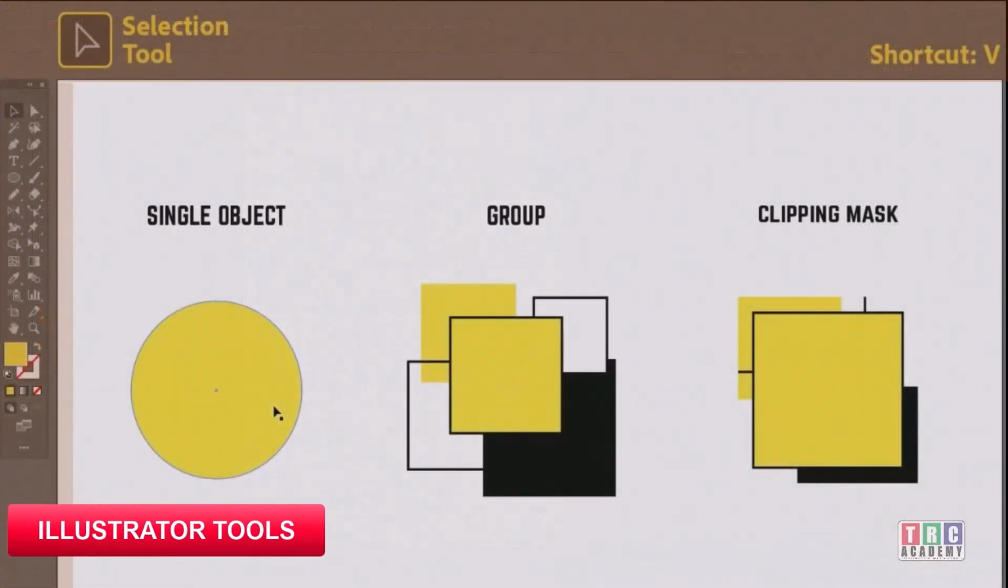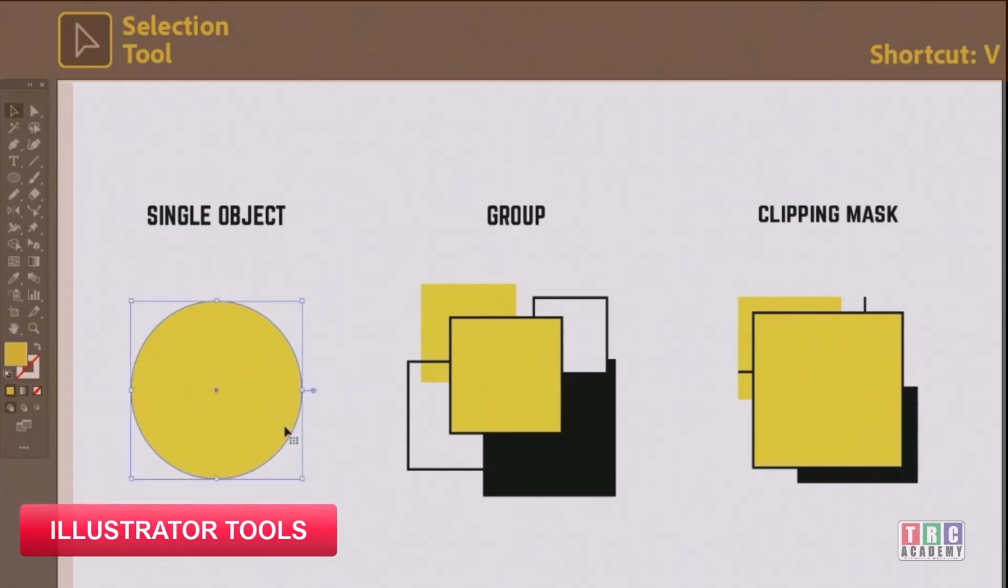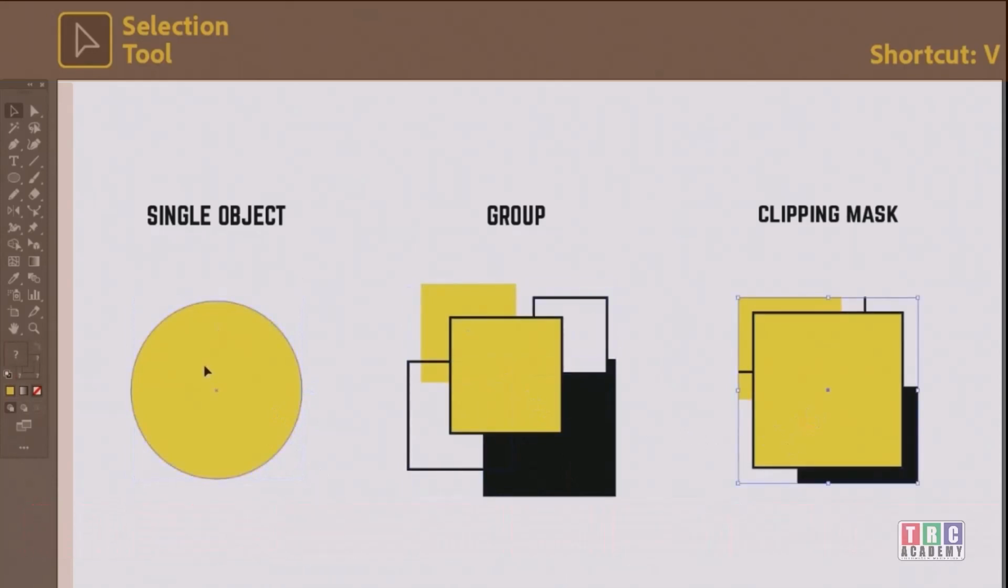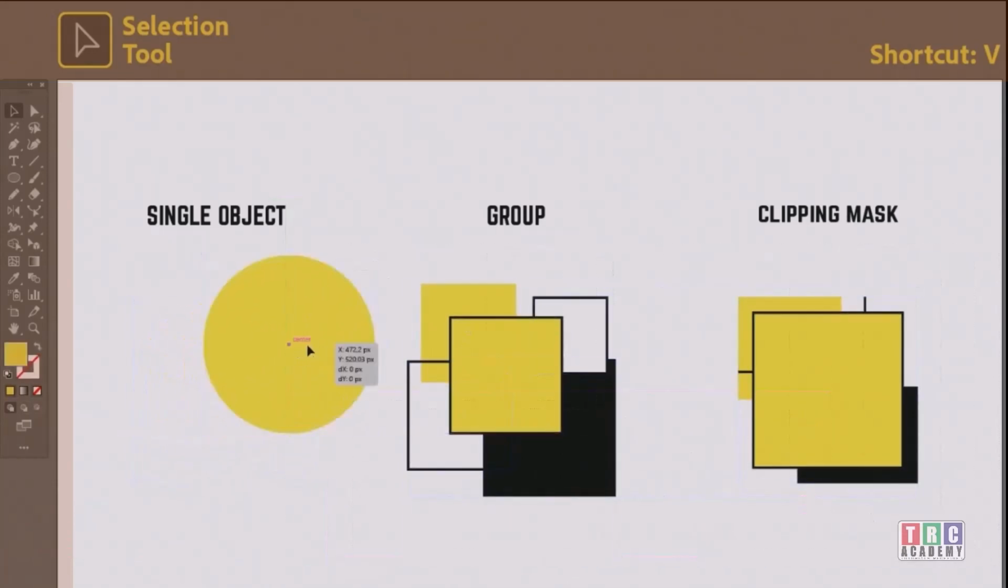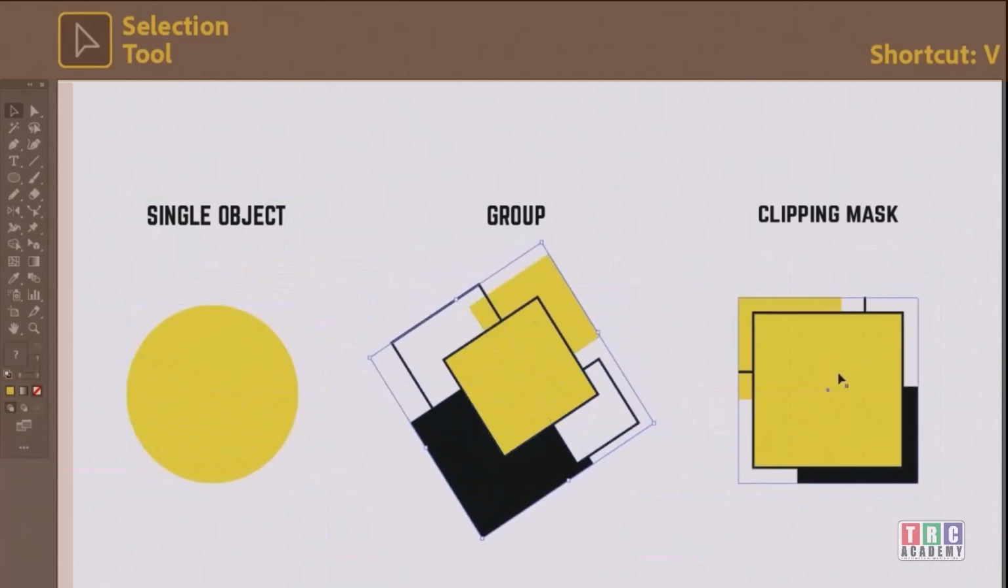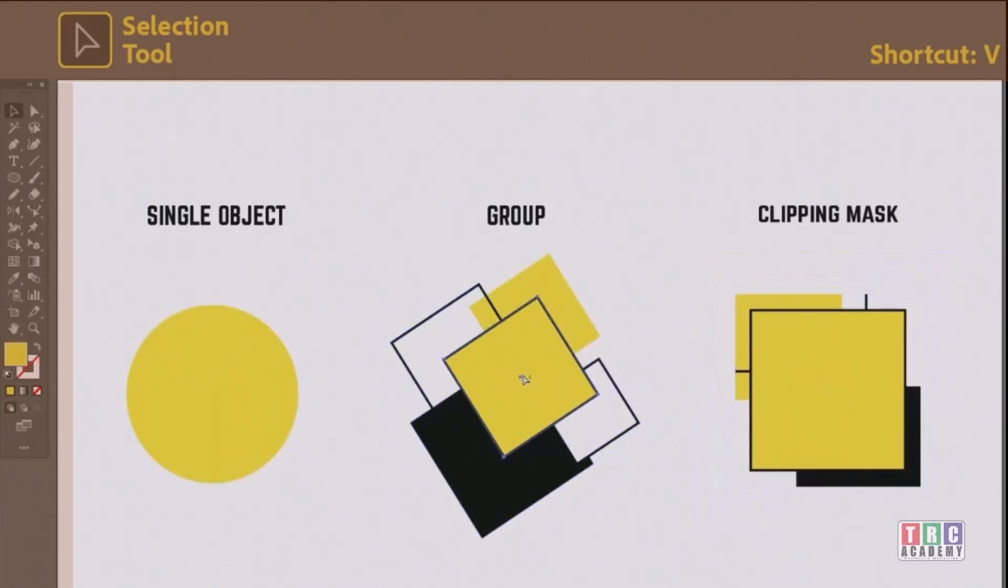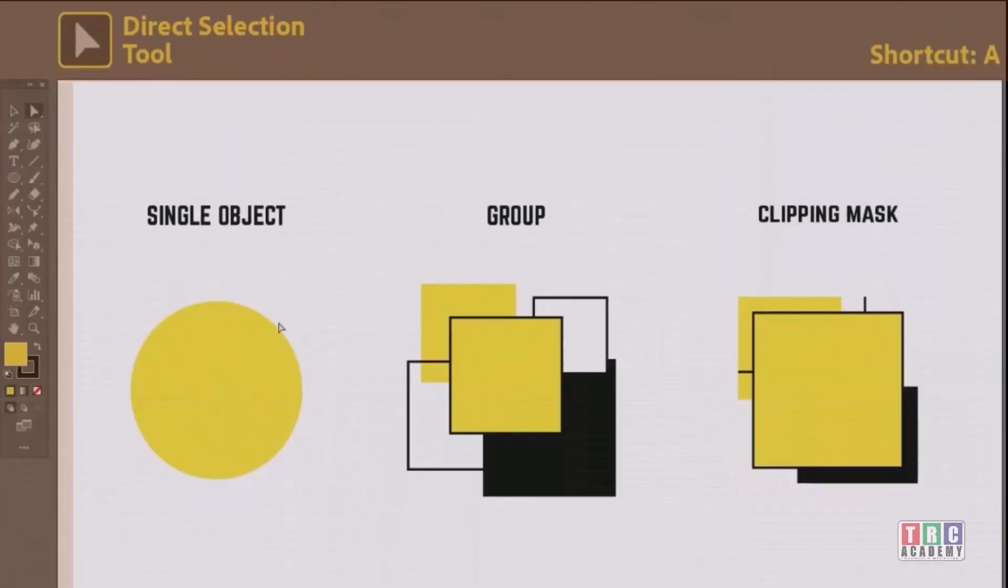Hi, welcome to this chapter where we are going to see about the tools. The first one is the selection tool. In the selection tool, you can just select a single object, group object and a clip mask. You can move the tool, you can rotate it, you can scale it, you can rotate, shrink, and this